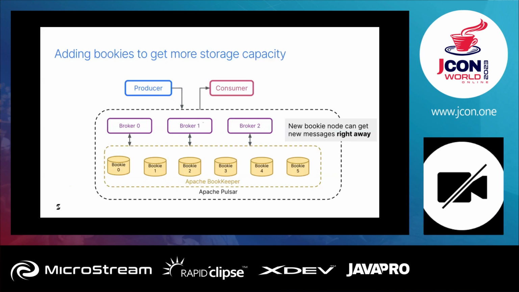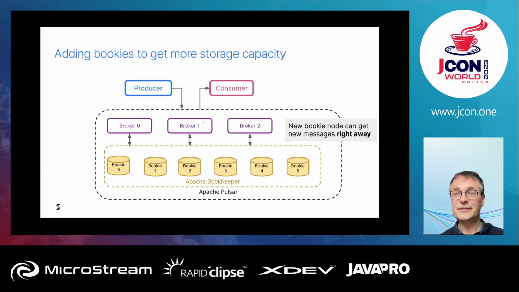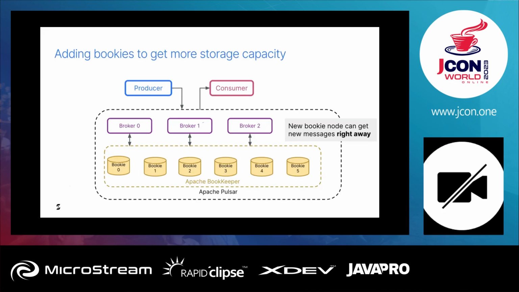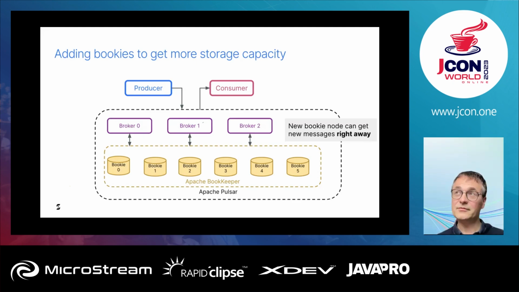I wonder if it's a good idea to add just one Bookie or always, let's say, 3, because you mentioned that segments are always stored on at least 3 nodes. Oh, they are stored on 3 nodes in my example because I've set up a replication factor of 3, but I can set up any replication factor that I want. I can set up 1, I can set up 5 or anything. Yeah, but to get high availability, you will probably set up at least 3. Yeah, I would recommend a minimum of 3, but you have the choice.